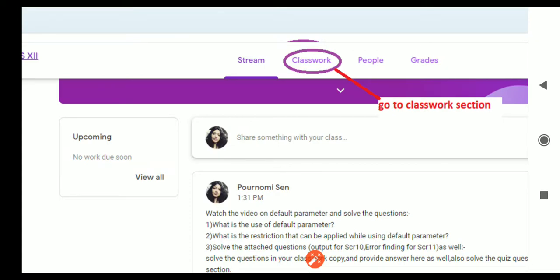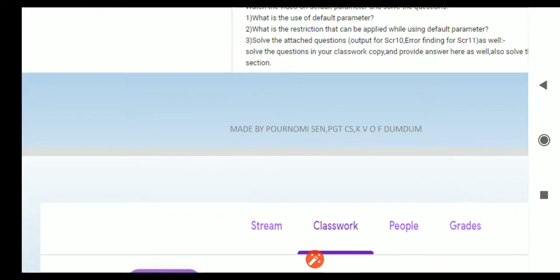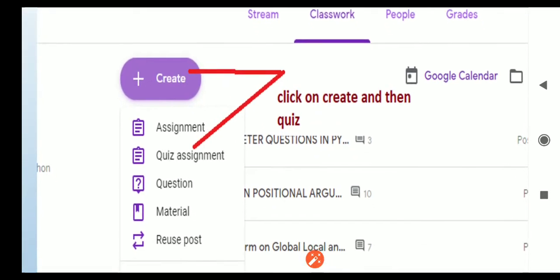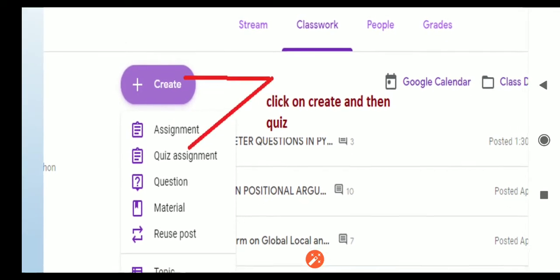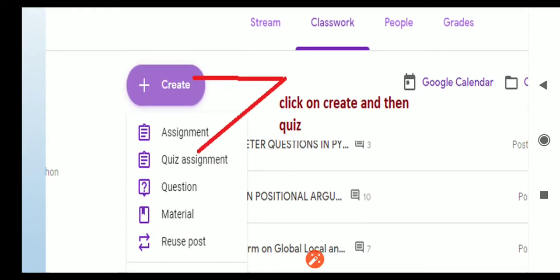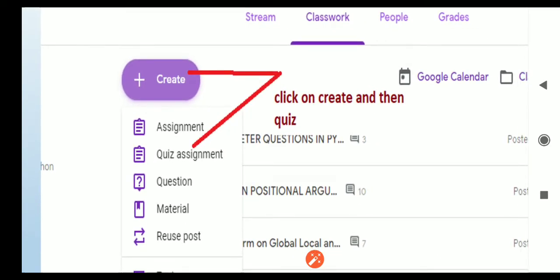You go to the classwork section, and on the left hand side, the create option is there. You click on create. These various options will come as drop down menus like assignment, quiz assignment, question, material, reuse, post. So you have to choose quiz from here.